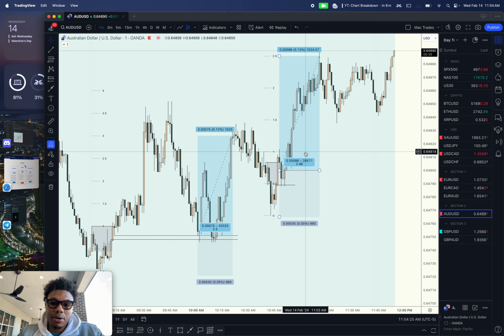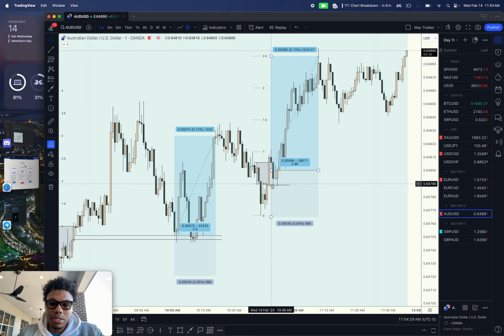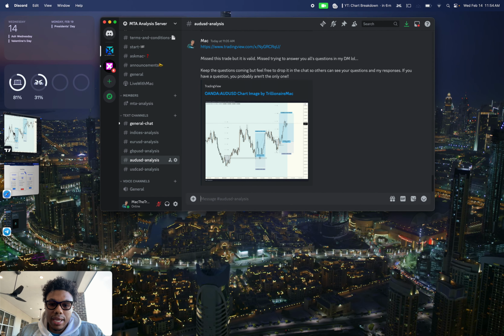Second trading model formed of the day on AUD/USD. It was completed around 10:48 a.m. Entry should have taken place at the next 10:49 candle. However, like I said before, I missed this trade here. So we missed a,